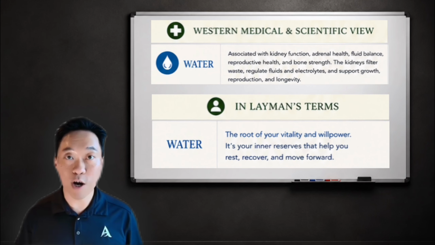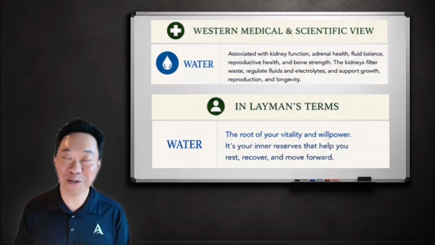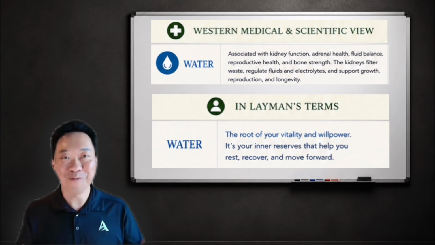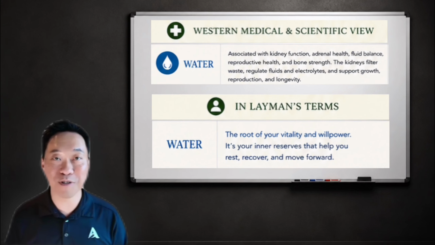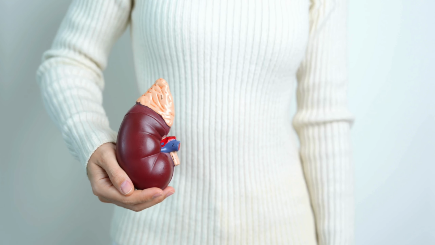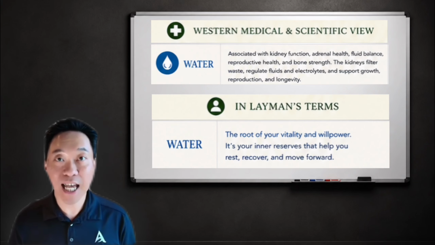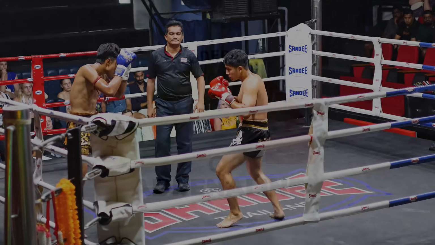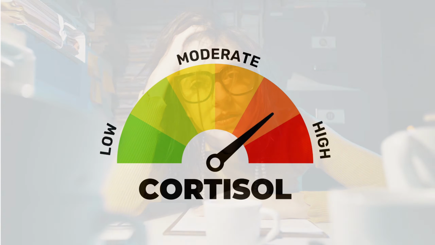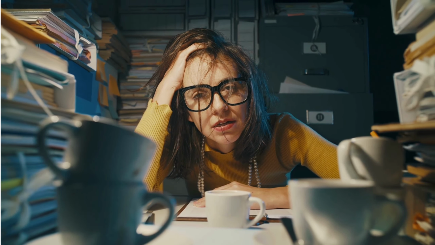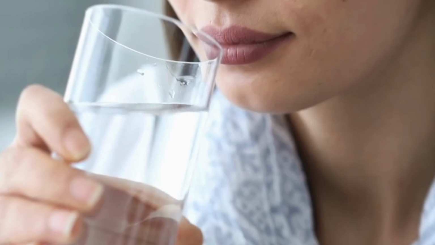Next is water. Water is your water. This is the one that most people can probably relate to the most. Kidney and urinary bladder because it helps with water metabolism and you urinate, right? So also adrenal health. This is what most people don't realize. The adrenal glands sit on top of your kidneys. Your adrenal glands are the hormone organ that secretes adrenaline, right? Your fight or flight. And cortisol, right? So your stress organ, stress hormone. That's all secreted by the adrenal glands, which sit on top of the kidney, which is in the category of